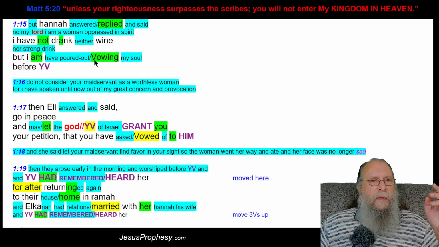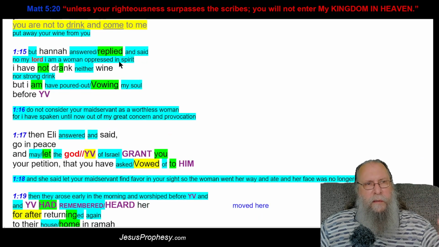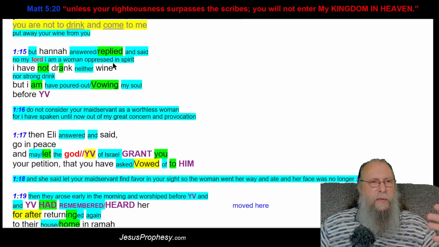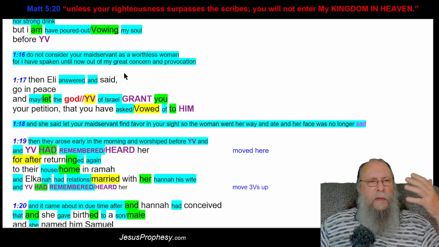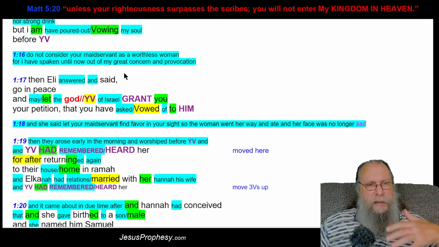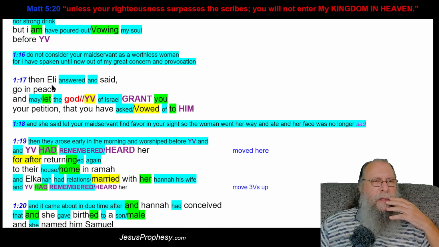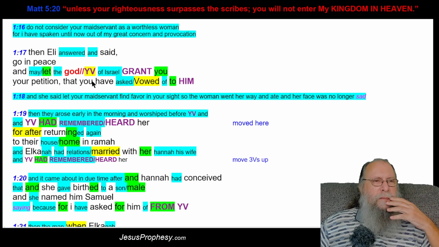I am vowing, not poured out my soul, because we know above that she is vowing to our Creator, asking him for a son. And we don't have all of her vow here at this time. That's explained a little bit farther down in the text. But here, I want to show you that in the next